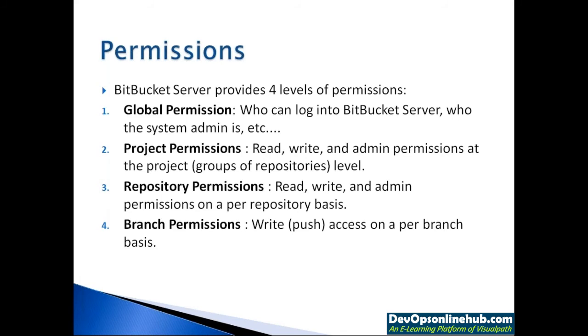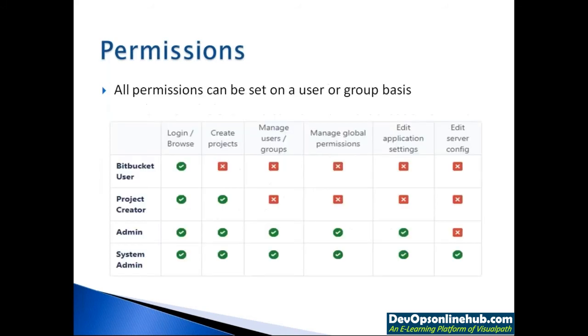The permissions are write, that is we can push our code to the branch, and read-only access is also there. The users who are assigned the read-only permission for the branch can only read the code and see what files are there in the branch. They can only see what is there and can't do any operation related to branches. So these are the four types of permissions we saw that we can set as per the users and groups.